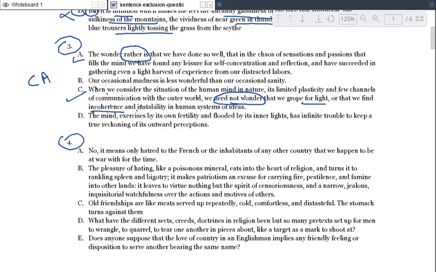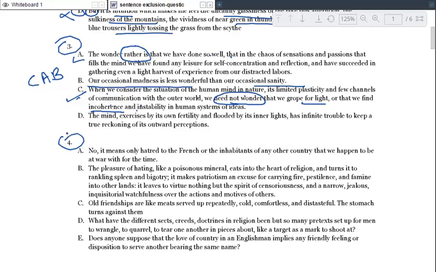So the wonder is not in this, the wonder is in something else, and then you say the wonder is that we have done so well that in the chaos of sensations and passions that fills the mind, we have found any leisure for self concentration and reflection and have succeeded in gathering. Our occasional madness is less wonderful than our occasional sanity. B is the last answer. You might wonder